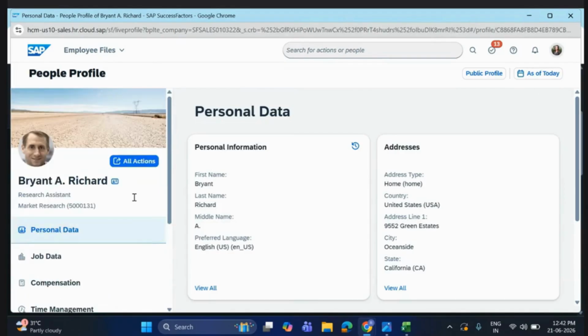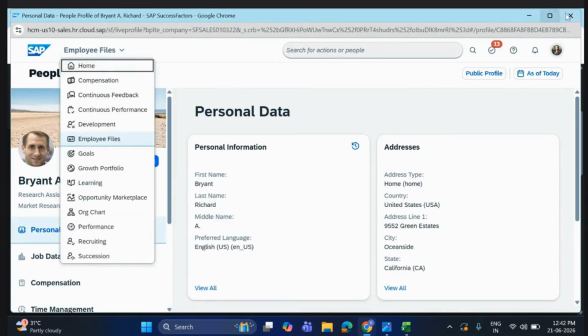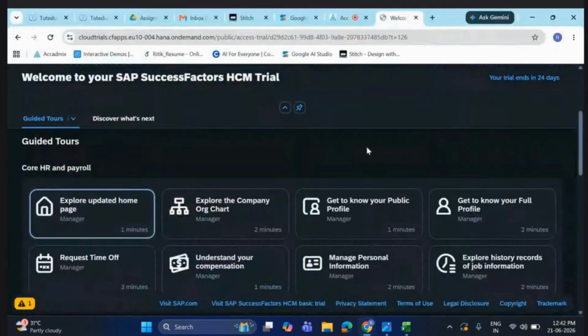Okay, now go back, and now I would want you to open this person's manager profile and see the difference. This person's manager profile. Not this person, Molly Huddleston herself. You go to employee profile, go to employee files. Click on this explore home page.